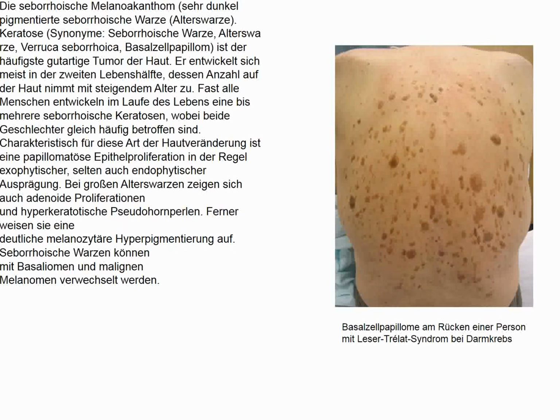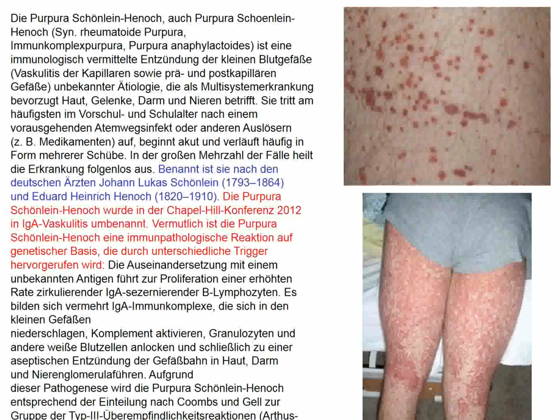An example of melanoacanthomas are seborrheic lesions, which all old people get to some degree. If you have this many, it may also indicate an underlying malignancy. But melanoacanthomas don't cause intussusception. On the other hand, intussusception is seen with